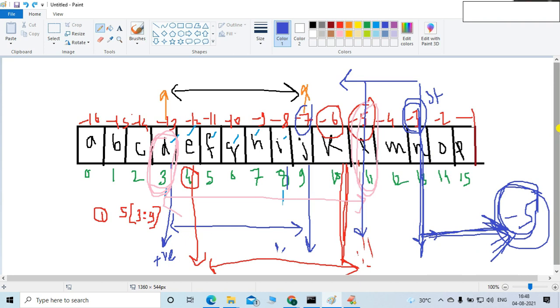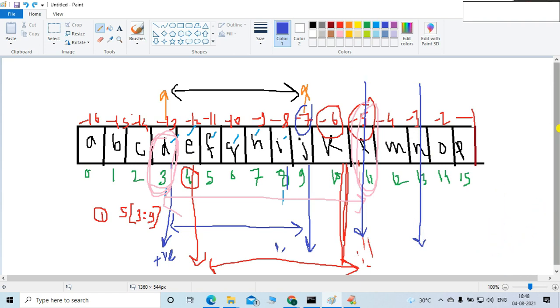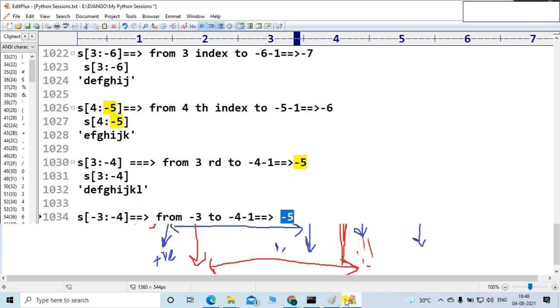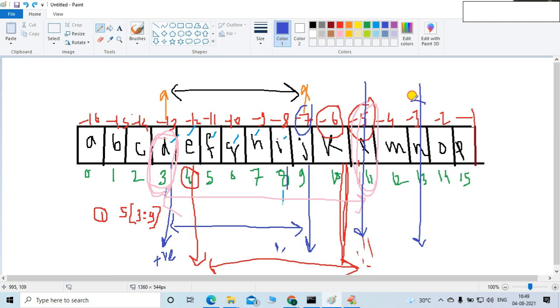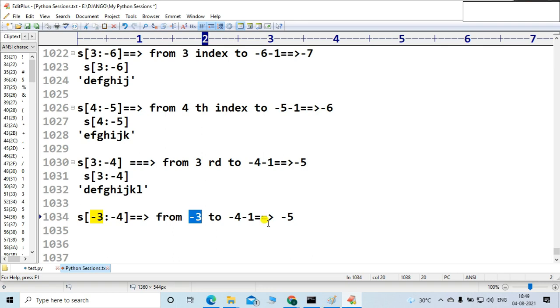Listen carefully, what I mean to say. In this result, friend, -3 is the start. Okay, first -3, this is the starting position. So which is the ending position? Somewhere in this direction there is an ending. But what is the value of the ending? -5 is the value of the ending.